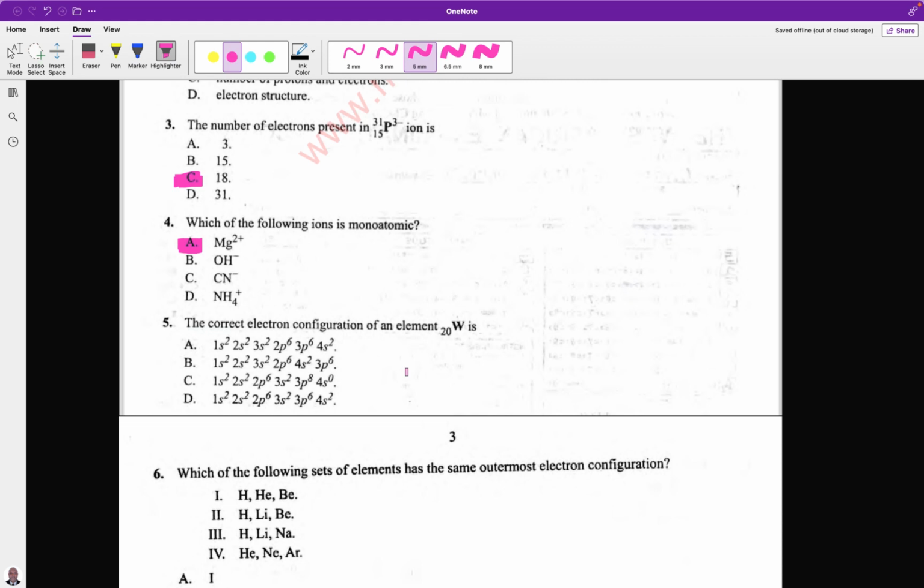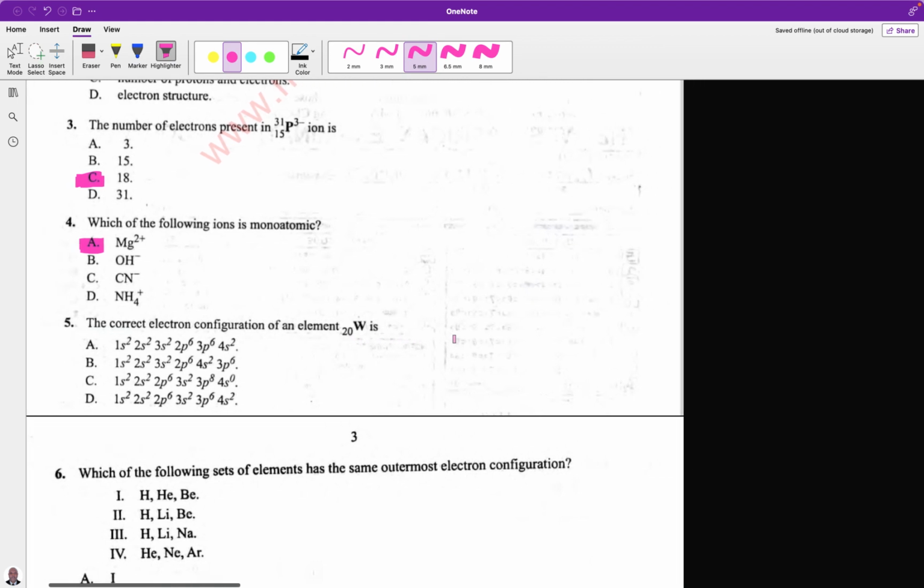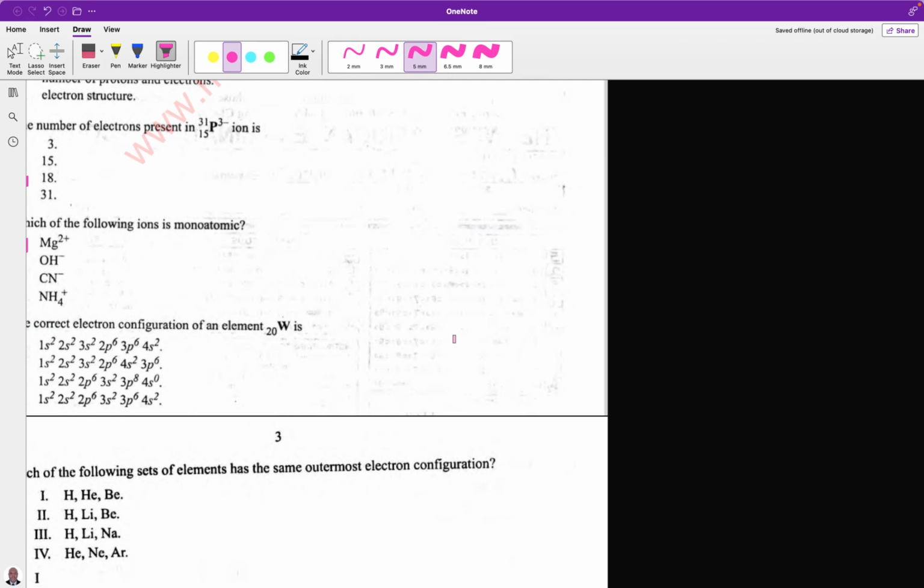So number five: the correct electron configuration of an element W that has a proton number of 20. Remember, a proton number of 20 means 20 protons, and the number of protons is equal to the number of electrons. So 20 electrons. Let me just write here. For 20 electrons we will have 1s2,